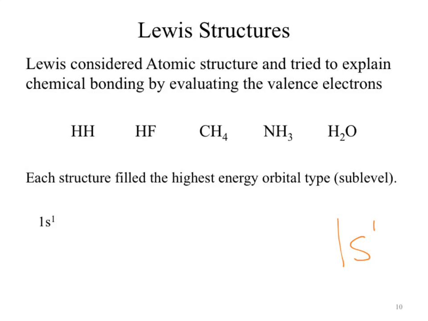How many electrons fit in an s orbital? 2. How many electrons am I bringing into this? 1 from each atom. If I bring them together, 2. And I've now filled my orbital. It actually makes sense to bring these 2 electrons near each other, so we fill our 1s orbital, and we now have a bond. They have to share those electrons between them.